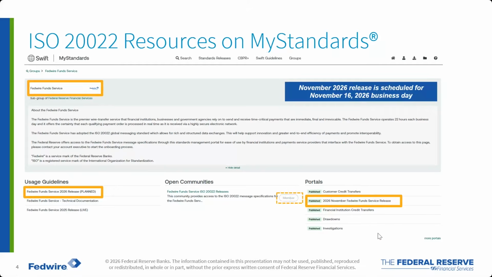What we have created to test against the 2026 November release specifications is one single portal, and the name is clear. It says the 2026 November Fedwire Funds Service release. So this is where you will be able to test your test messages against what we will implement in November